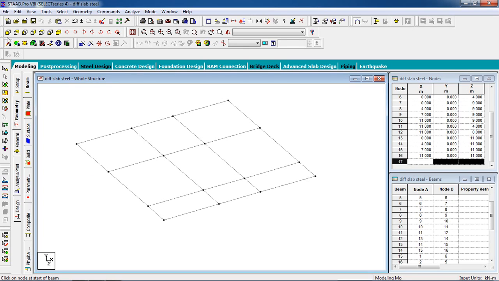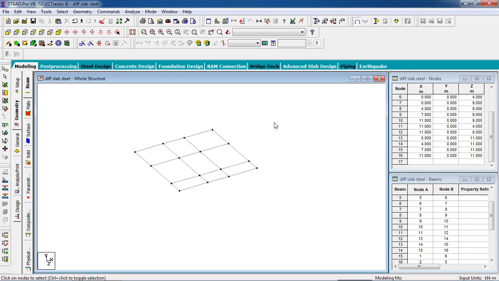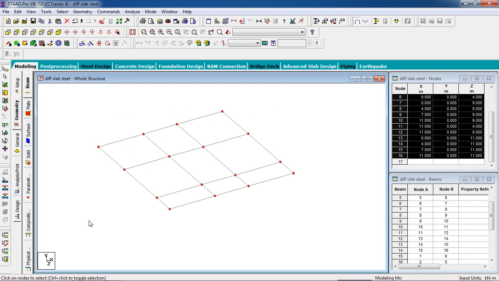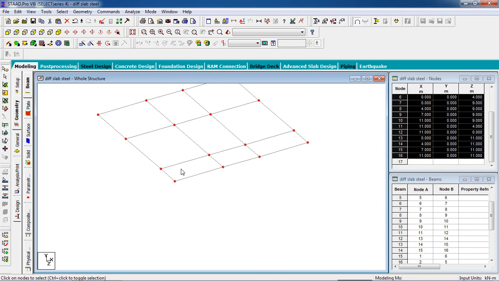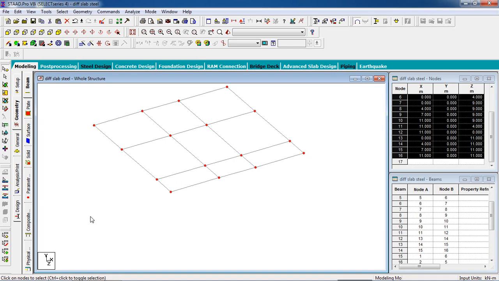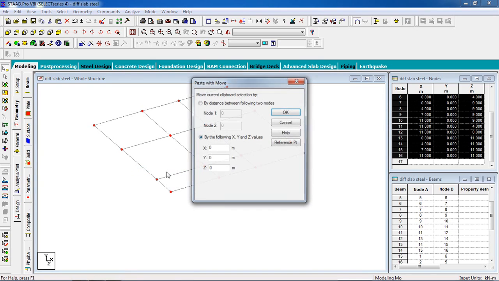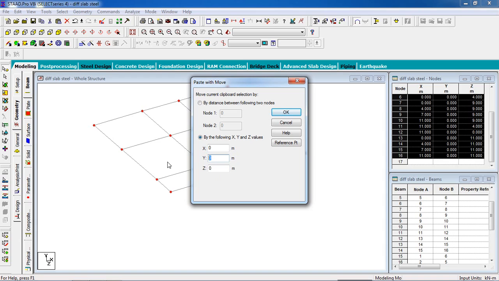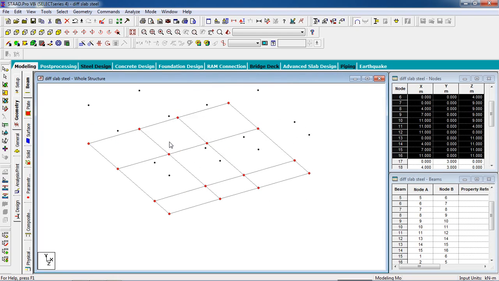Okay, now copy the nodes, paste the nodes in the Y direction 3 meter. Okay,